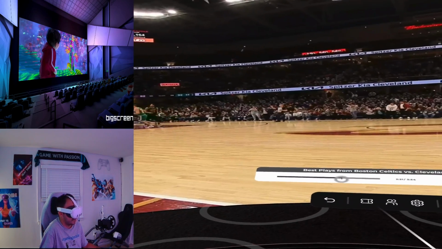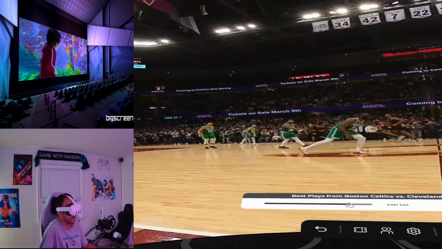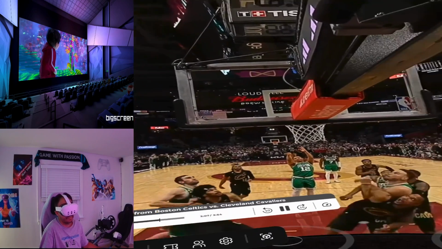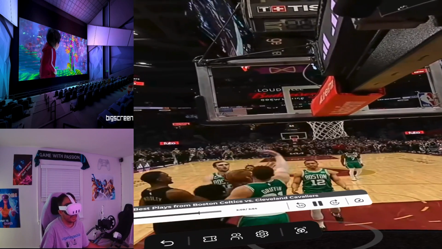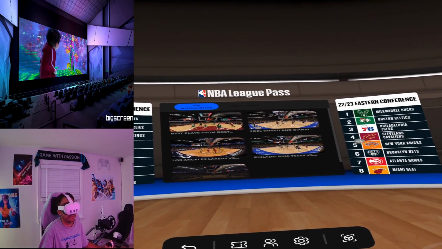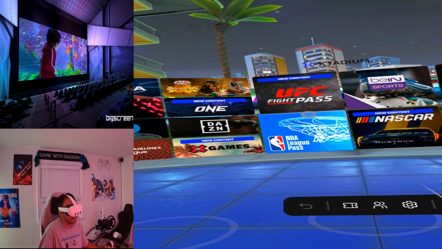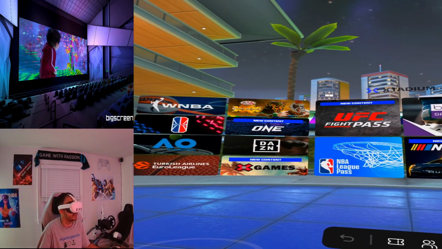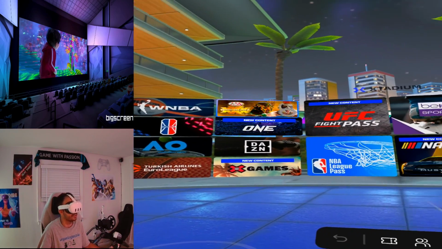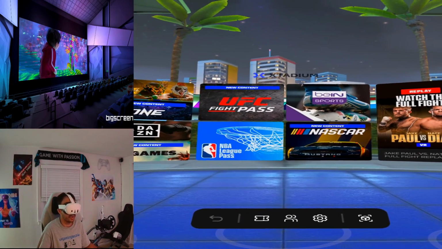And this is just showing you the best plays of the game as you're watching it. Here behind here, you can see them taking their foul shots and stuff. So all this stuff is really cool, and it's a great way to watch sports. If you have never experienced watching sports like this before, I definitely recommend you give it a shot. X Stadium is, obviously right now, NBA is free. You can watch it on there, and they have other stuff from other things. So this one's really cool as well for sports fans.